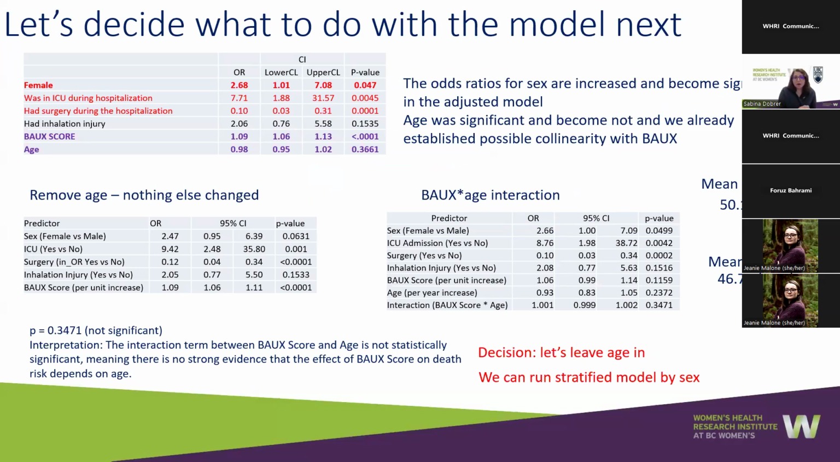Yes, we say, oh, bow and age are somehow related, so let's add the interaction to our adjusted model and see if the interaction will show us something new. And on the right side, you have the model with the bow and age interaction, and our interaction is not significant, so it means it doesn't matter if you put it in the model. But I also removed age and ran the model. And you can see not a lot of change